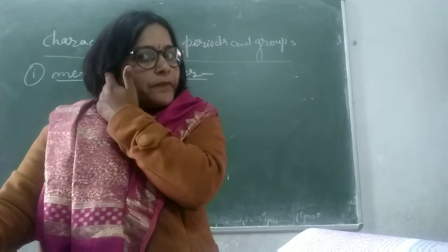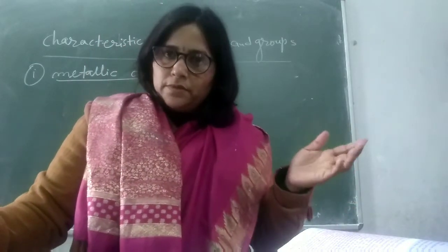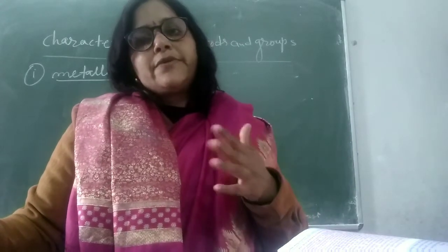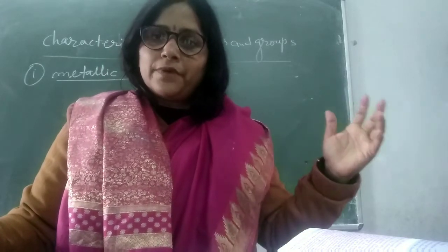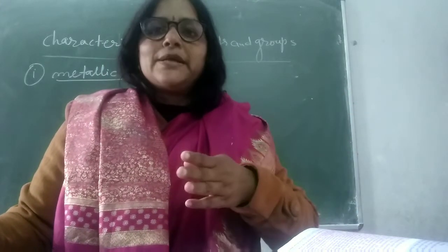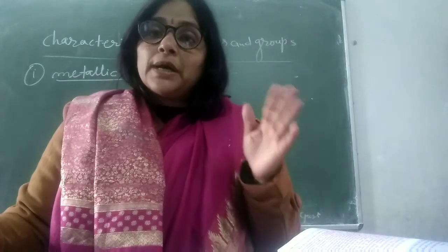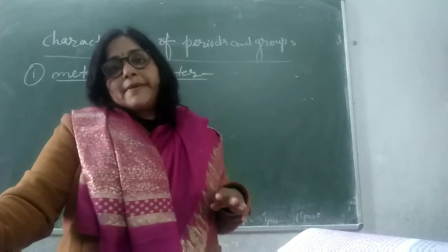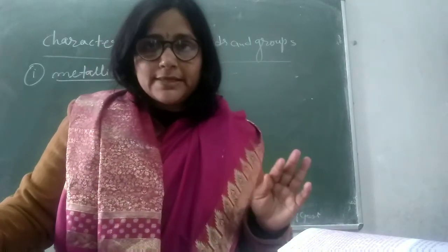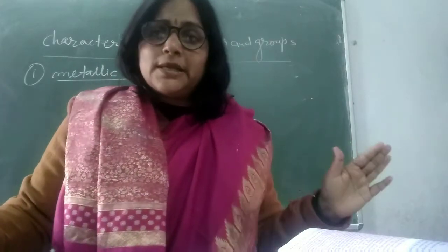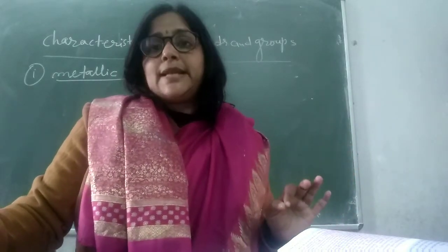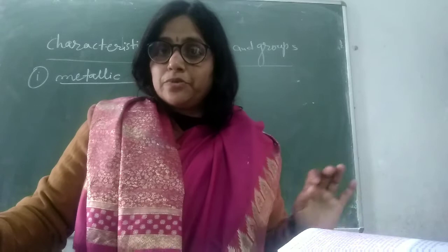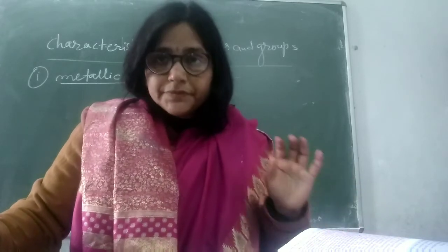But the valency first increases from group 1 to 14, meaning group 1, 2 and 13 and 14. Valency first increases, then starts decreasing from 15 to 17. Group 15 has valency 3, group 16 valency 2, group 17 valency 1 and group 18 zero valency. The zero valency of group 18 is because group 18 is of inert gas elements and they never react with any other element due to their stable configuration.